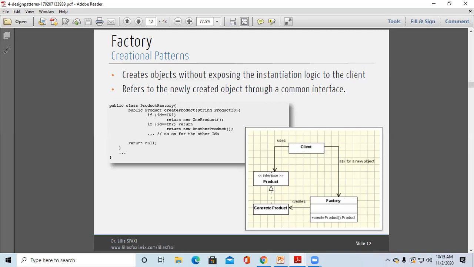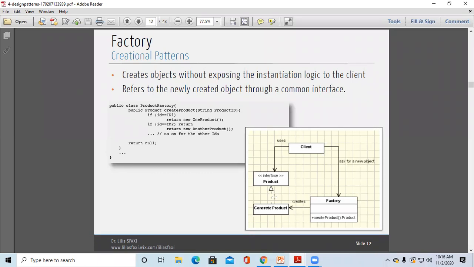The client will use the product interface, then it will ask for a new object from the factory class. This factory class will create a concrete product through that interface. Through that common interface it will create a new object.